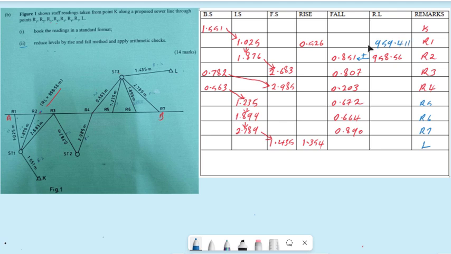959.411. And then for me to get reduced level at K, because this was a rise, so I take this one, I subtract 959, I subtract 0.5, so this one will give me 958.885. So with the others, I'll just deduct. So it is 958.563, I deduct 0.807, and this one will give me